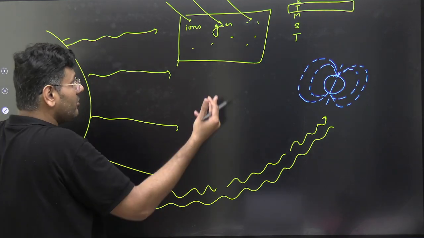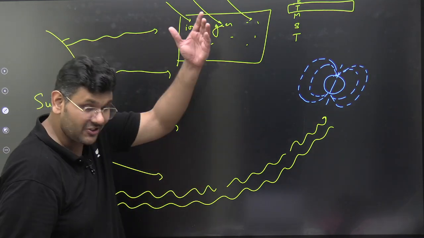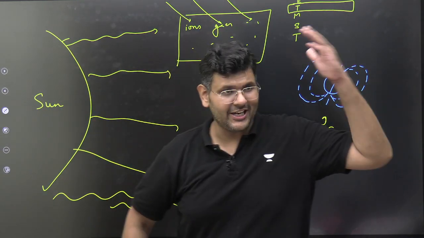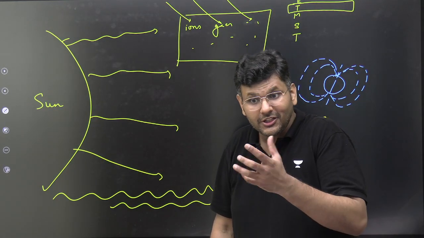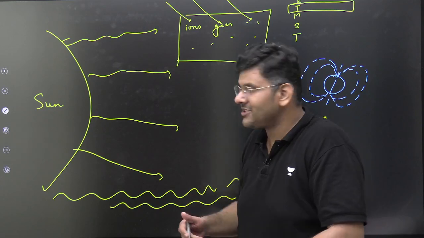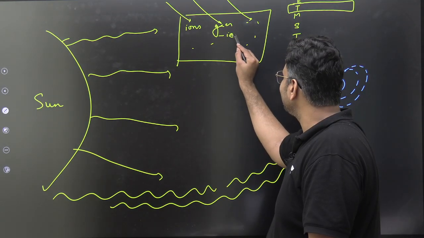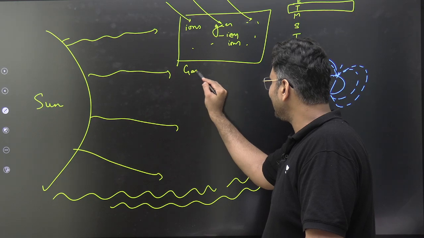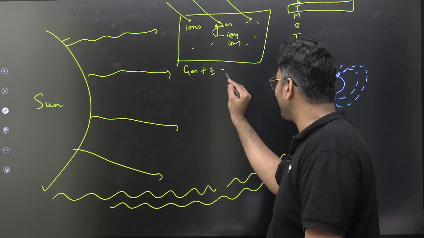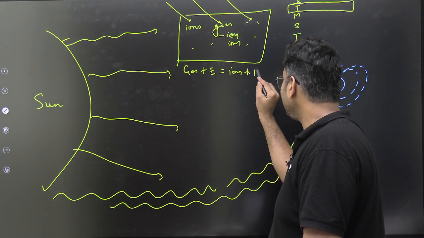What are these? These are photons, charged particles, the sun's energy. They hit your ions, they hit your gases. Now what will gases do? The gas molecule will get charged up, and as it gets charged up, it loses ions. So the equation is: certain gases plus energy equals ions plus